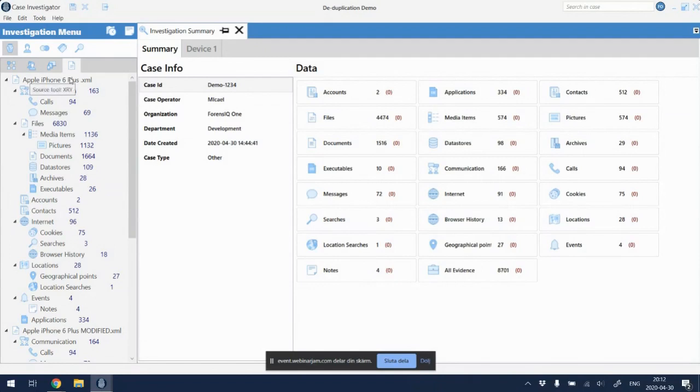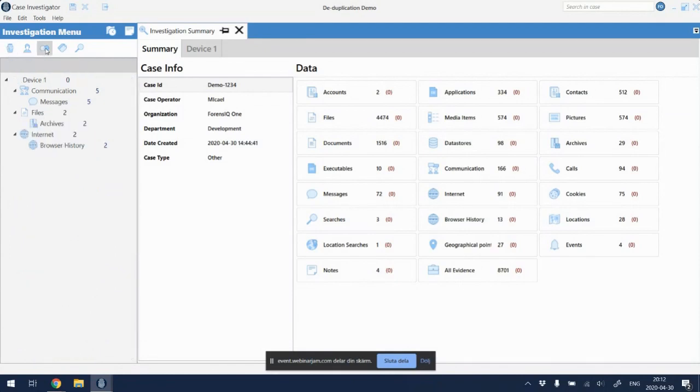So in the investigation menu, we have an option called extraction diff or deduplication. And that generates an artifact tree with only the items that are not the same in two, or it could be more, of all those extractions belonging to that device. So saving you thousands of messages to go through. You could talk hours or even weeks of work that you can reduce.